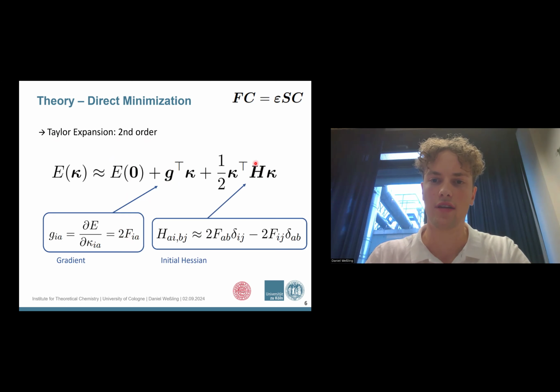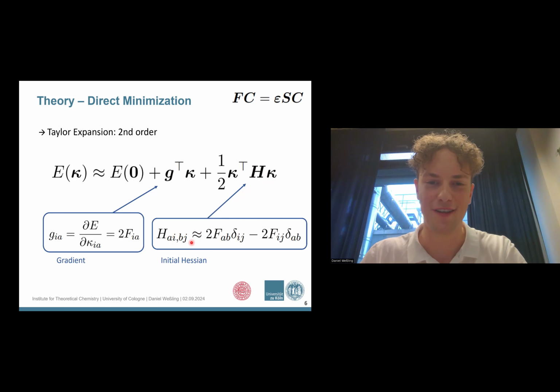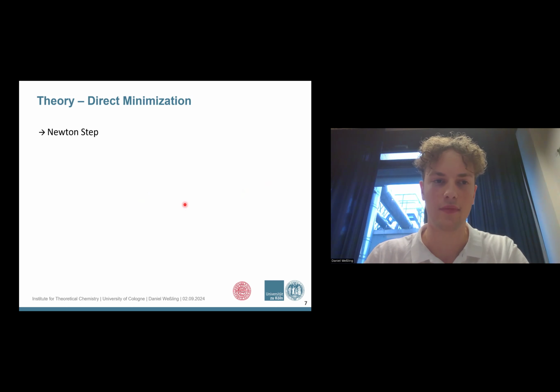And also we can get an initial guess of the Hessian, not initial guess from the SCF in the beginning, but just an initial Hessian per iteration. And this can also just be from the Fock matrix. All right, and with this second order Taylor expansion, we can define the Newton step,